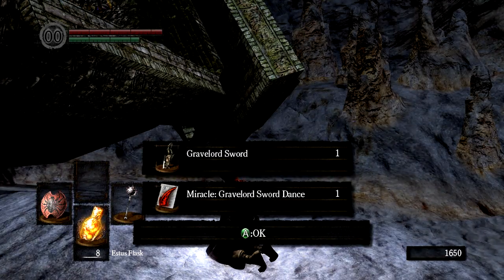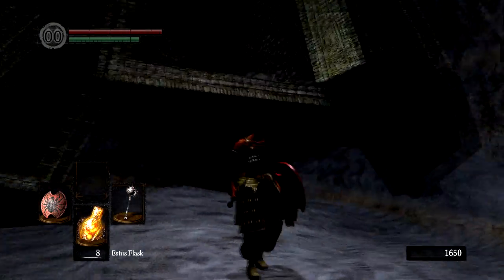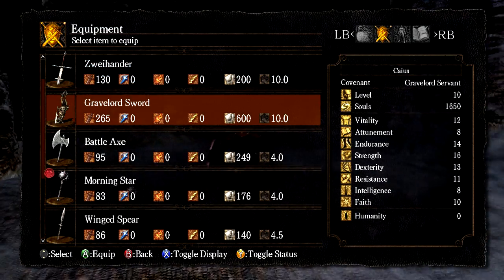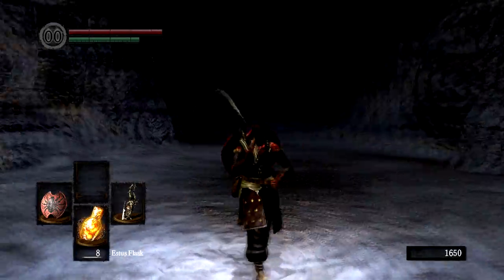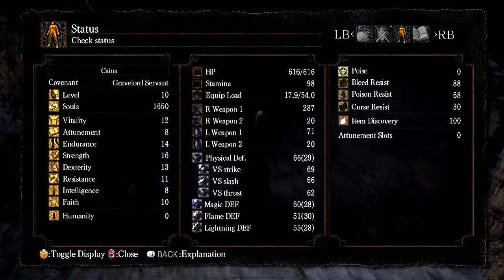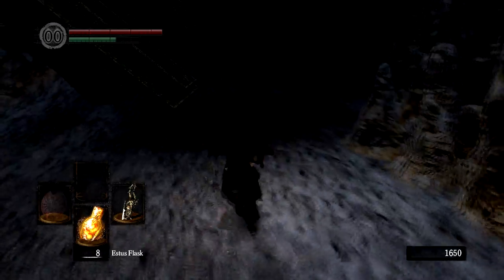And you get the Gravelord's sword just for joining, which is wonderful. I don't need to level up in this Covenant, so we can actually just leave as soon as we join. But this is our weapon now. The Soul Edge, it kind of looks like, from Soul Calibur. But 16 Strength, 13 Dex are the base stats required to two-hand this thing, so...